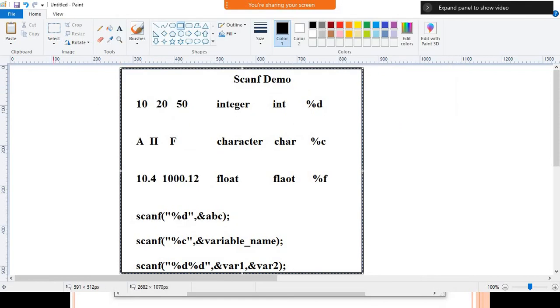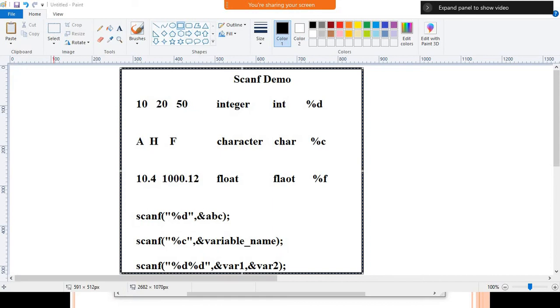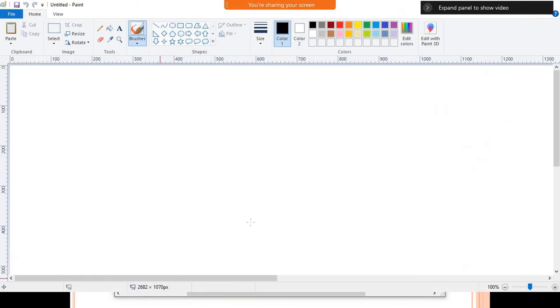Let's do the practical. We'll scan one by one. We'll check 2 or 3 programs.